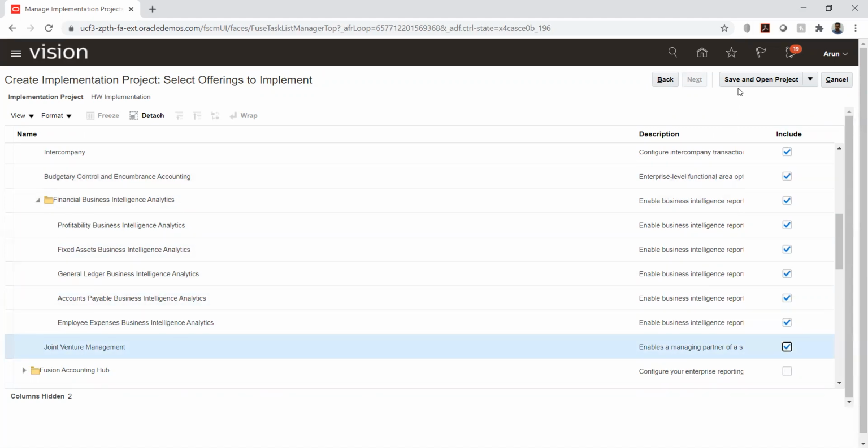Even if the license is not there, it will allow us to configure, but there will be some compliance issues coming from Oracle. Fine. So we have created the implementation project.